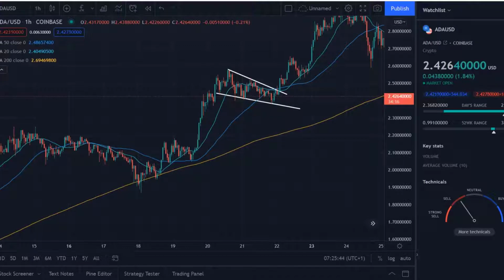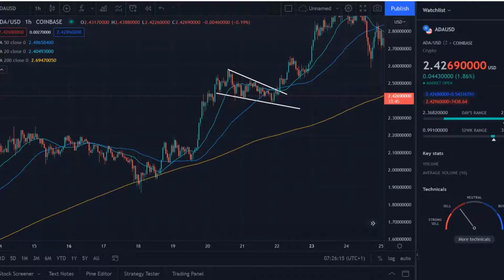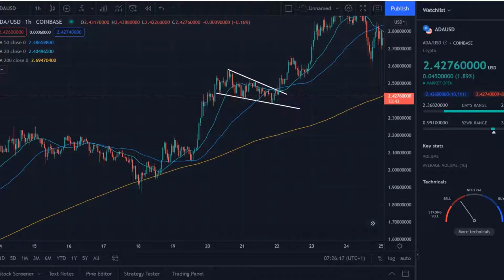Today in this tutorial we want to talk about wedge patterns again, but as continuation patterns. In yesterday's video we talked about ascending and descending wedges as reversal patterns, but they can also take place as continuation patterns. What I said yesterday is that we showed you a descending wedge as a trend reversal pattern from a bearish trend to a bullish trend, and an ascending wedge as a reversal pattern from an uptrend to